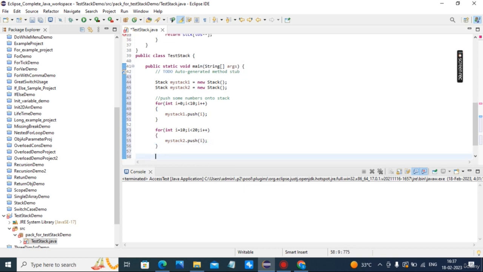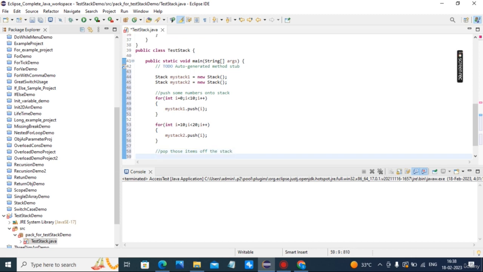Next, pop those items of the stack. Stack my stack 1.